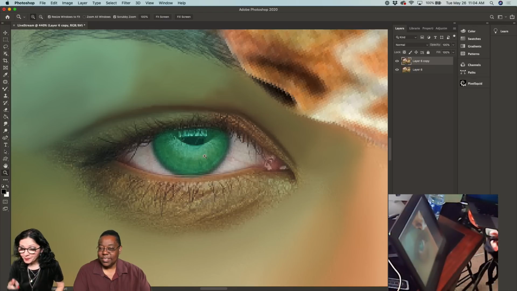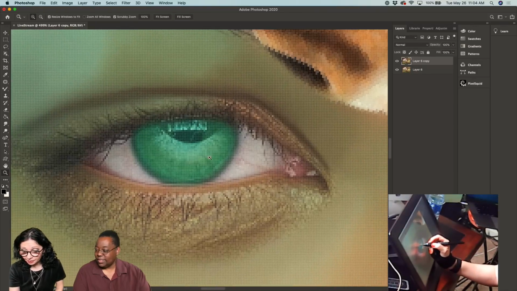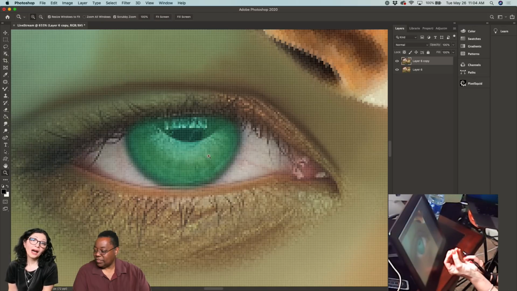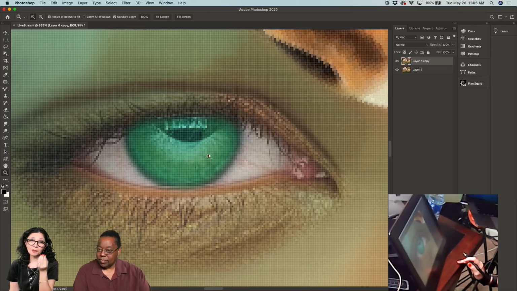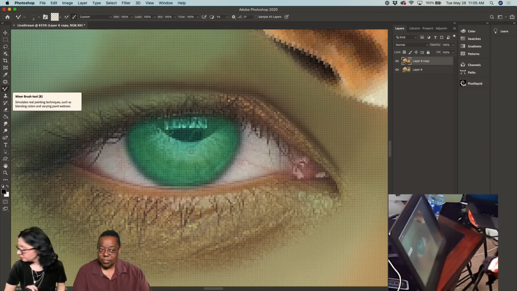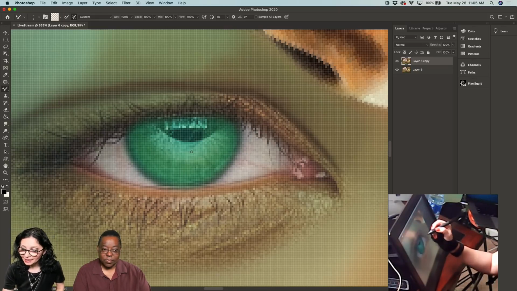So anyways, I will zoom in my document like that. So I extremely zoomed in. I can see every single pixel in my painting, in my document. Why? Because eyes are the most important part in any painting. I will click on my mixer brush tool. I will bring size of my brush down extremely, and I will start